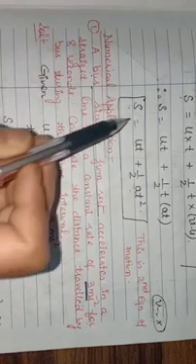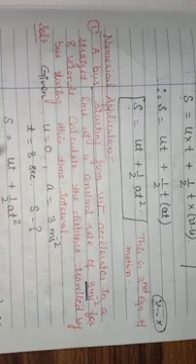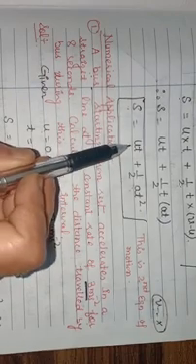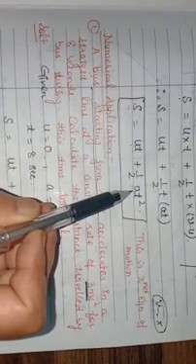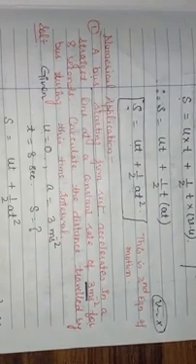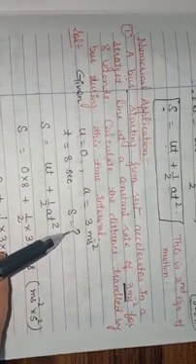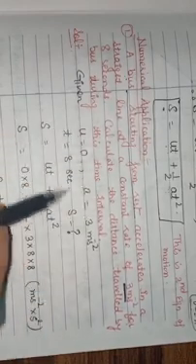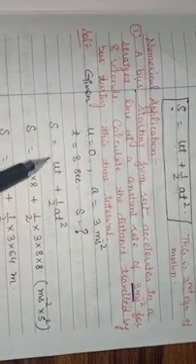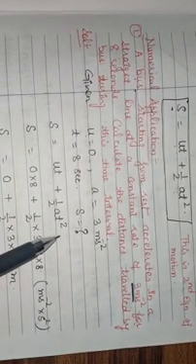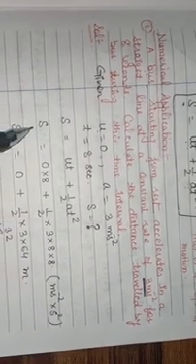Then out of these 4 terms, which term is not given to you? u is given, t is given, a is given. What do you want to calculate? s. So you come to know that when these 3 terms are given, recall the relationship that we can use the second equation. s is equal to ut plus half at square. Then substitute all these values.